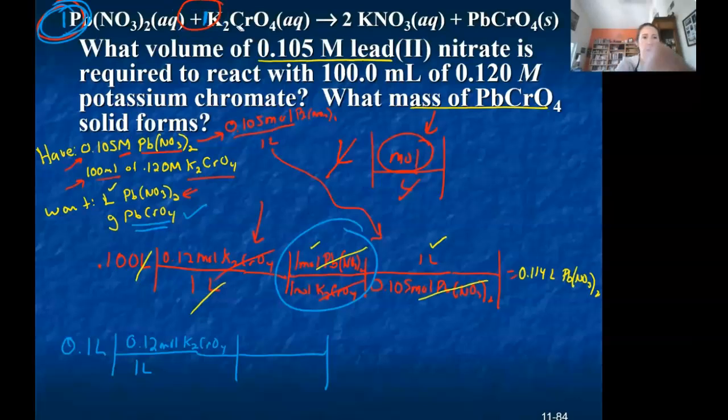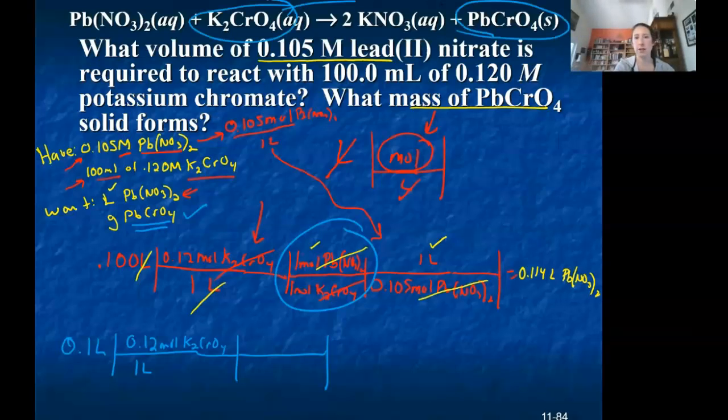So this time, because that was supposed to erase it, I'm going to start here and convert it to here, right? So if I look at that, 1 mole K2CrO4, 1 mole PbCrO4, oops, and we want to go to grams. 1 mole PbCrO4,